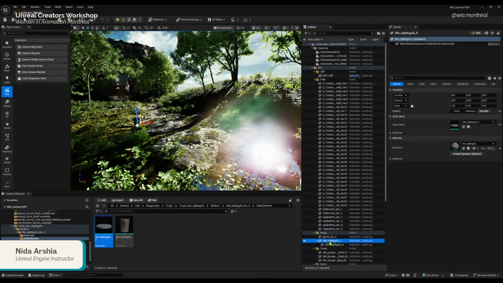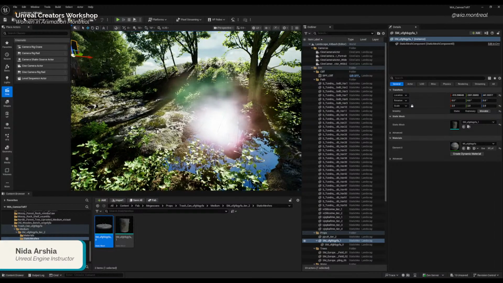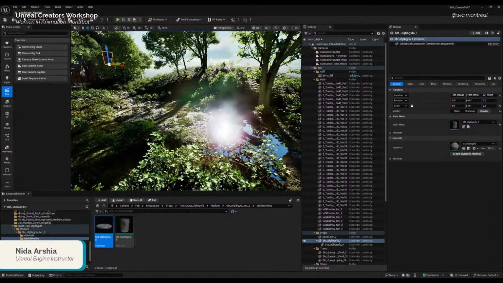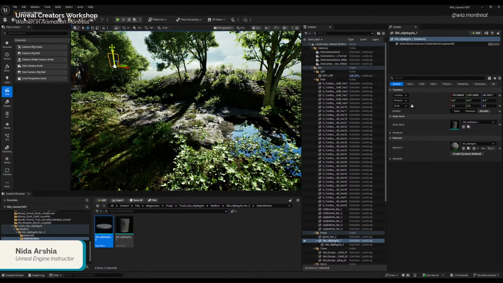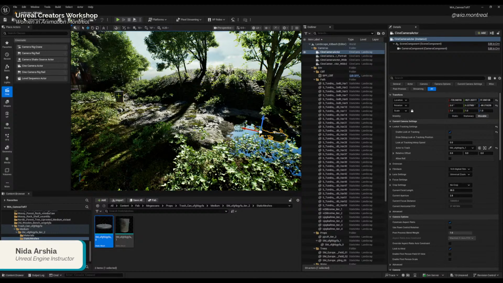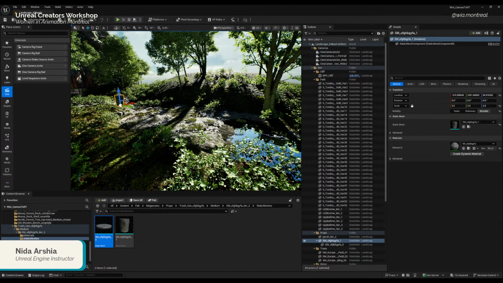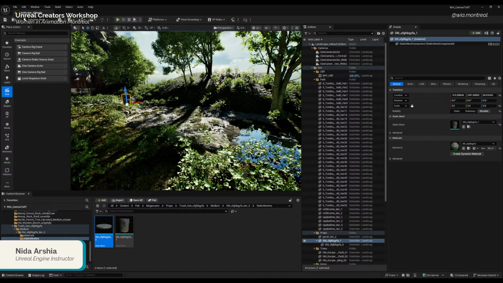Now, if we move this trash can up, you'll notice the camera is also going up, so the orientation is changing. Look at tracking is very good if you want to have the subject in the middle of the screen, or if you want a smooth camera motion around the subject. Okay, so I'm just going to undo it.